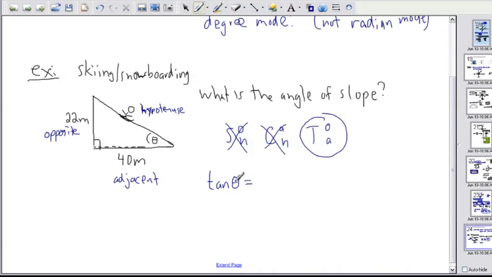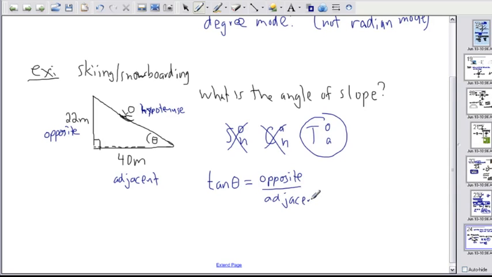So tan theta, it's important to always write it. It's not just tan by itself. Tan on its own means nothing. It has to be tan of something. So tan of theta is going to equal, well, O over A. So in other words, opposite over adjacent,